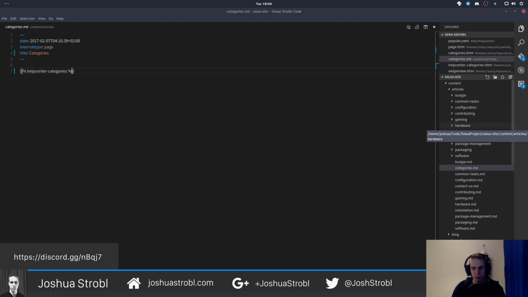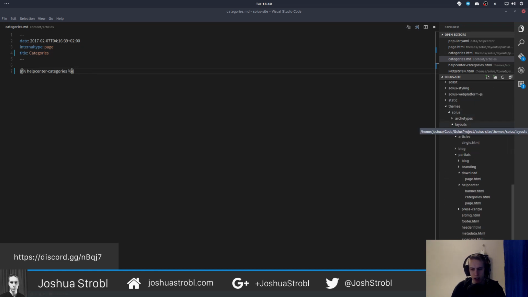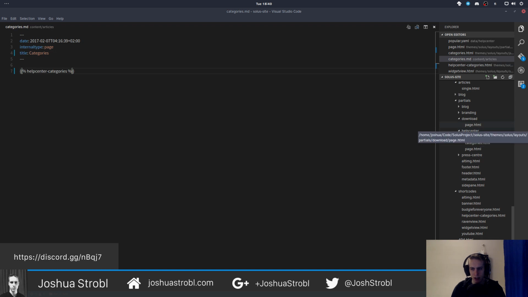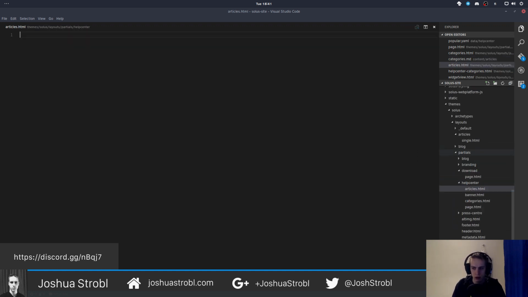So what we need now is a shortcode, probably, maybe, that'll actually tie into a partial. It's probably the cleaner way of doing it. There's a bit more abstraction, but I kind of like it that way, to be honest. It's just having all the logic here. So what we're going to do is have an articles partial,